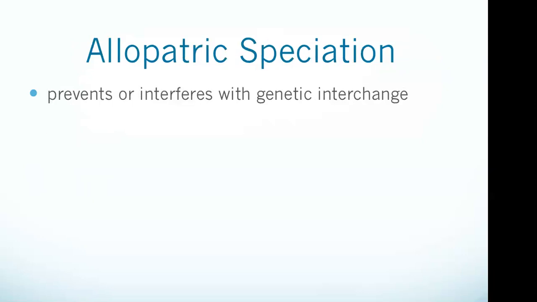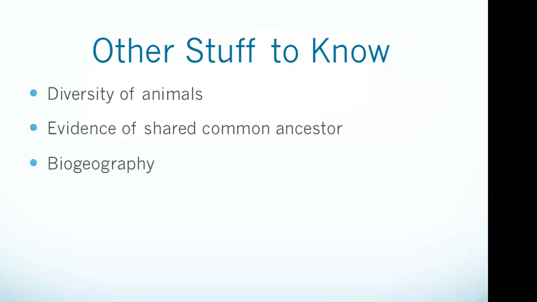All right, as we move on to allopatric speciation, this is a mode of speciation that occurs when biological populations of the same species become isolated from each other, which prevents or interferes with genetic interchange. Selection against hybridization couldn't occur in the model of speciation because organisms would be isolated, so they wouldn't even have the opportunity. Okay, and then we just have a couple other kind of random things that can show up that we wanted to cover as a part of miscellaneous evolution.